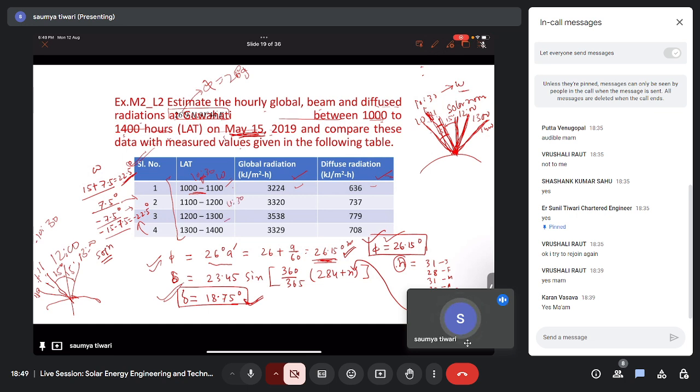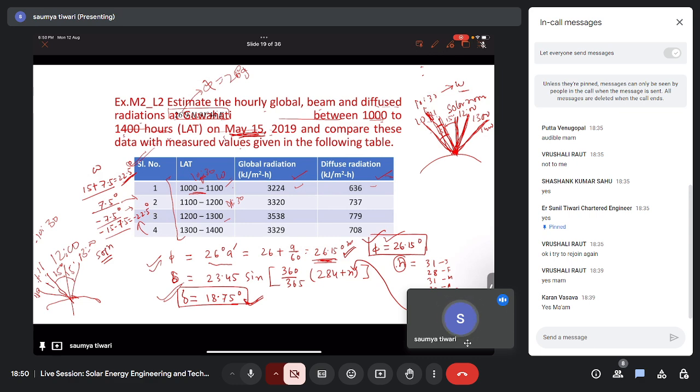Because this omega can be calculated at a particular hour angle, not for a range of hour angles. You could do that too if you integrate from the basic equation, but then you have to derive it all the way to h naught. So for simplicity, we take an average value between 10 to 11. So for 10 to 11 we say 10:30, for 11 to 12, 11:30, and similarly 12:30 and